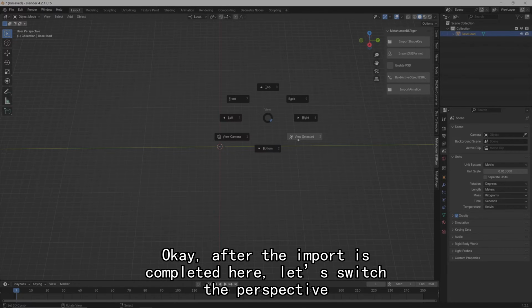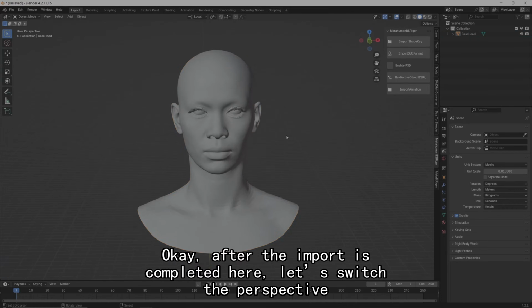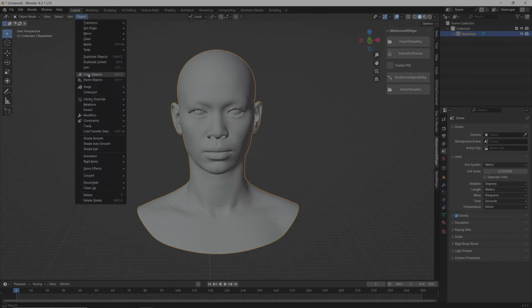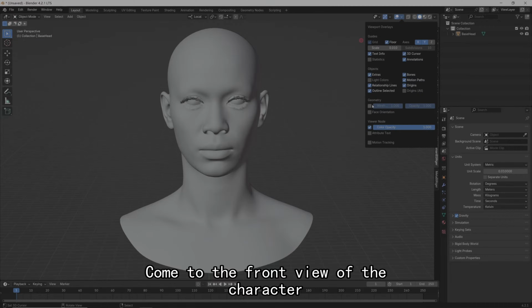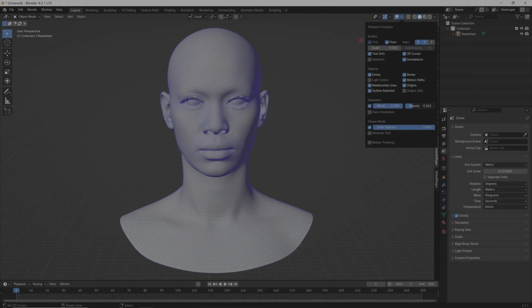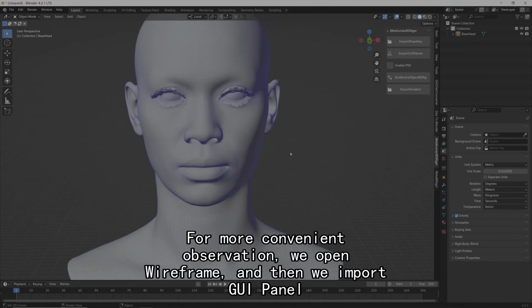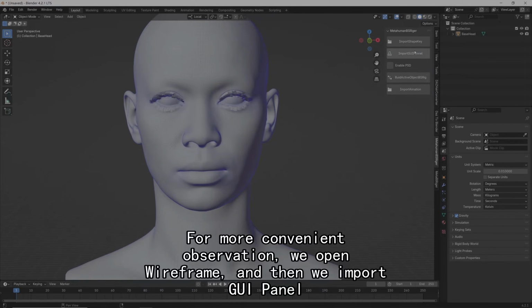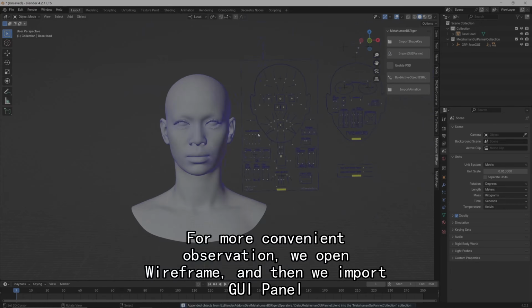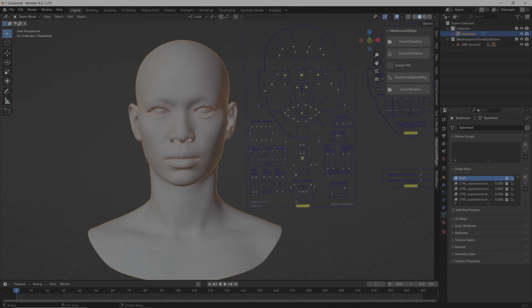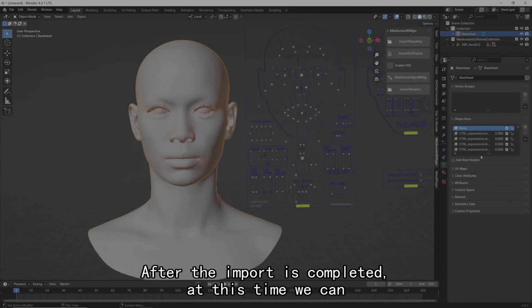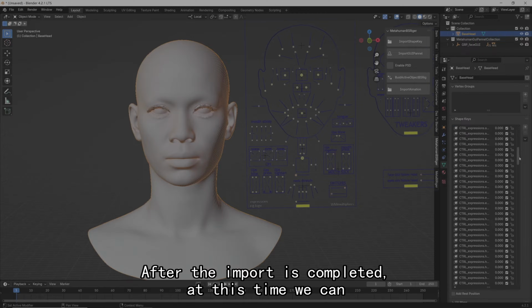Okay, after the import is completed, let's switch the perspective. Come to the front view of the character. For more convenient observation, we open wireframe and then we import the GUI panel. After the import is completed, at this time we can